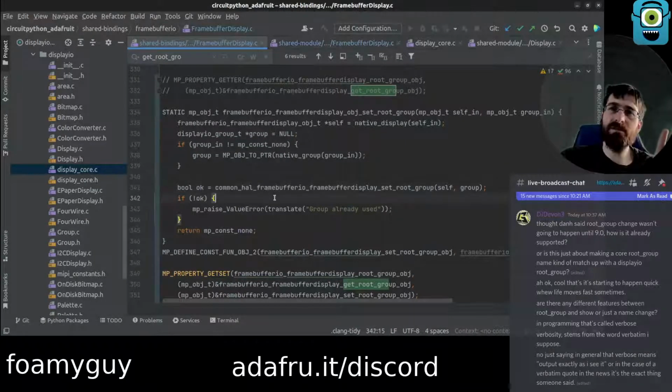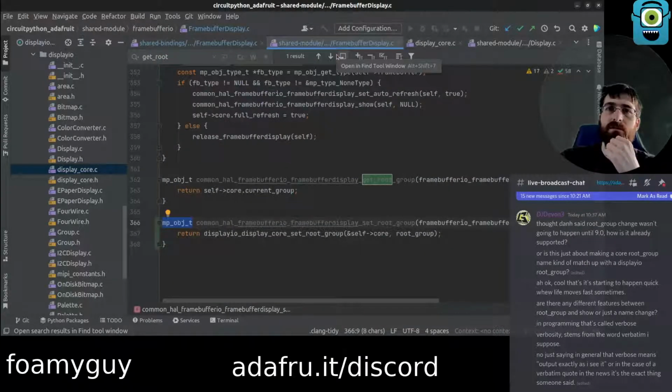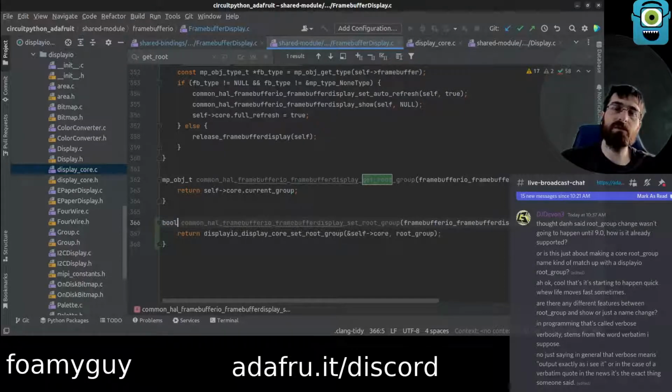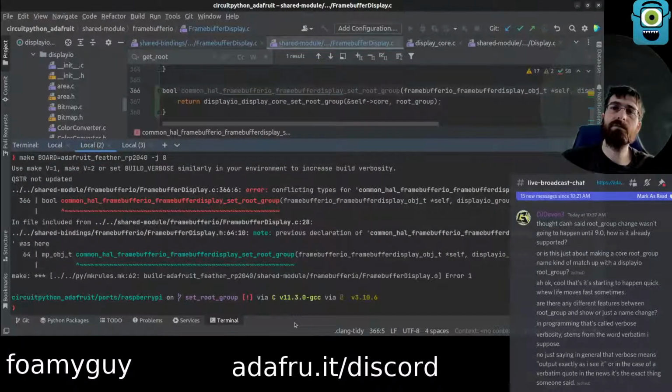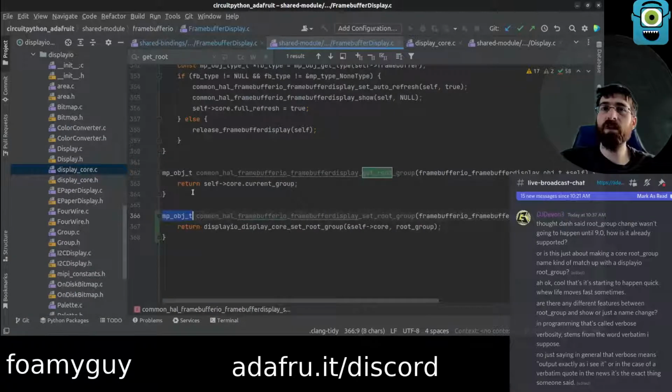It does feel like we're already doing it though, right? Does it not? Are we not doing it here? Feels like we're doing it there, and this should just be Boolean. Oh, now I changed the signature. Well, and this can't return a Boolean anyway, though, because it's now a property.